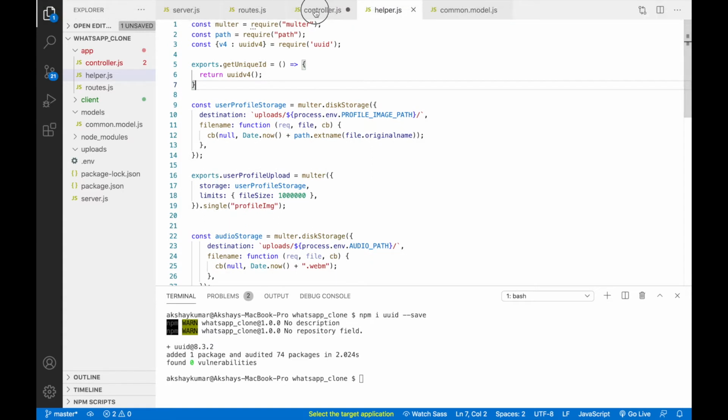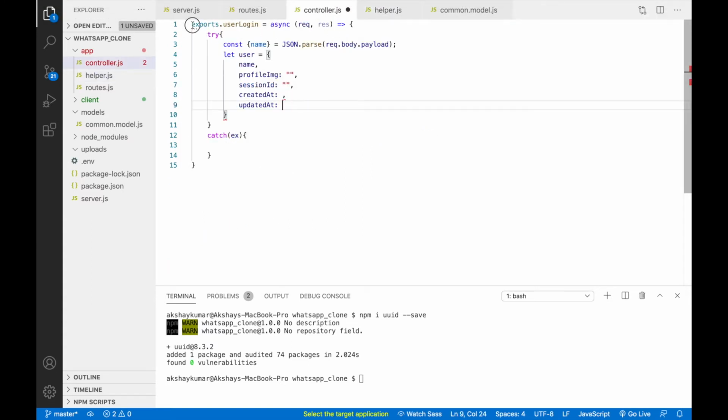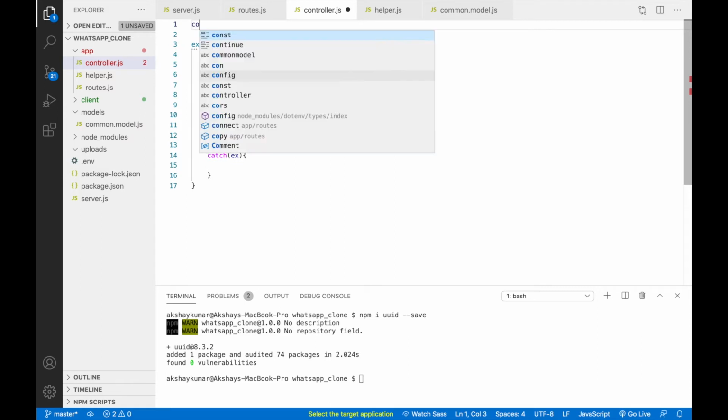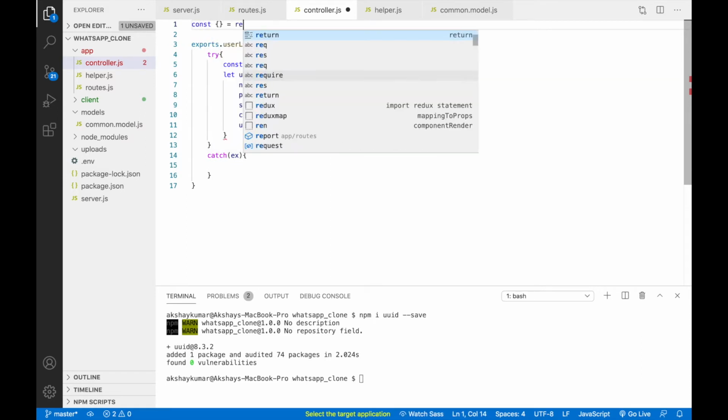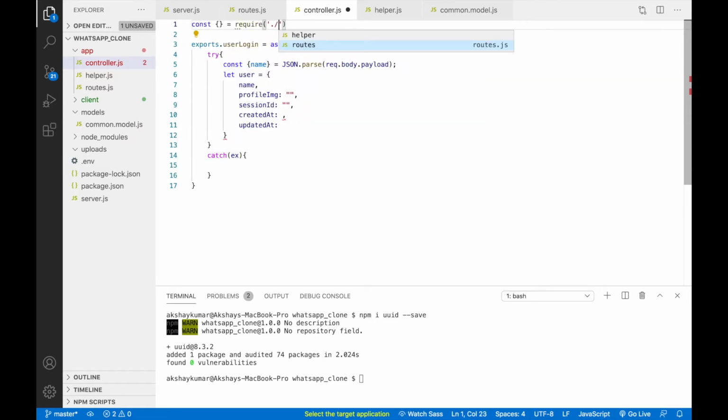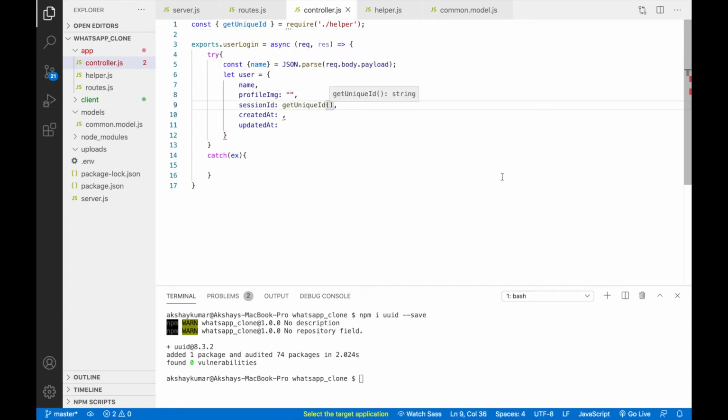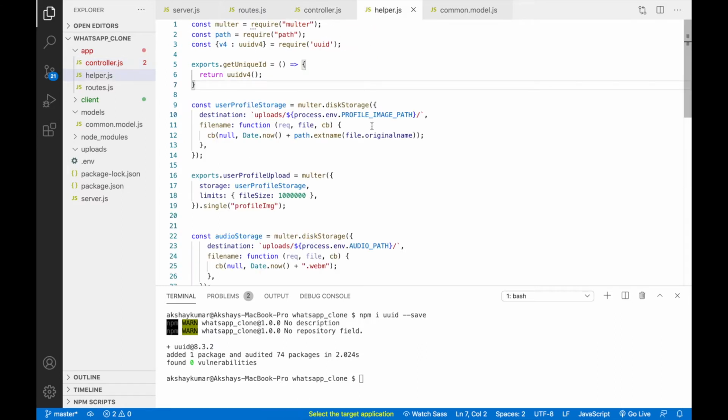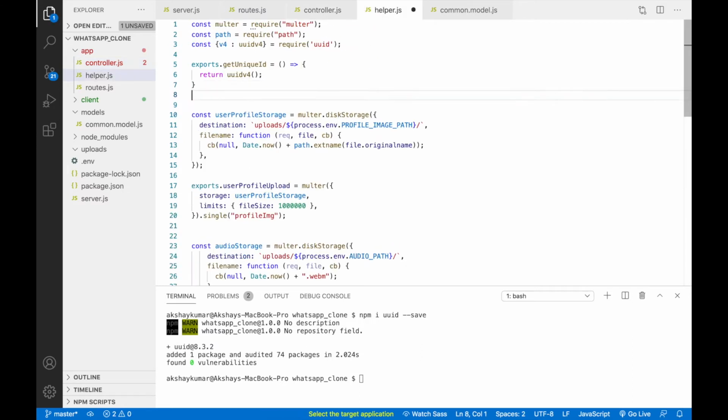Now here in controller, on the top, we'll write const equals to require. So we'll take a helper, right? From helper, we'll take getUniqueId, and this unique ID we can pass here like this. So it will generate a unique ID and store inside the session ID. Okay, and for created at and updated at, inside helper we have to create one more method.